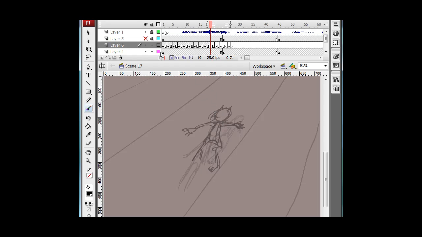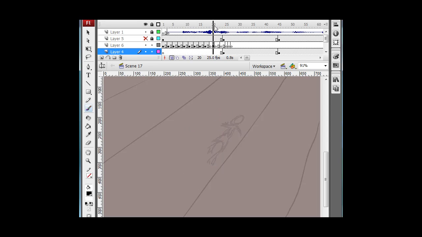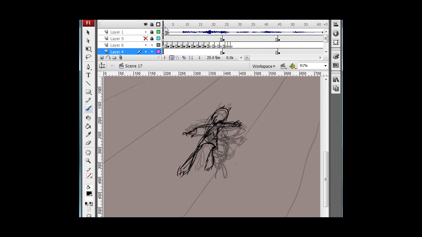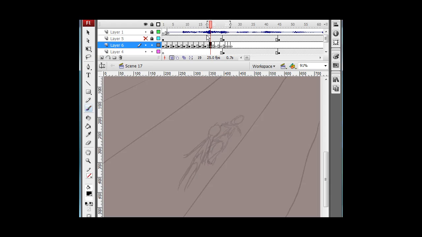What is that drawing? Oh, that's that one. I'm going to get rid of this now. Alright, so you can start to see him come alive. Spring off, airborne. I might even, since you know,